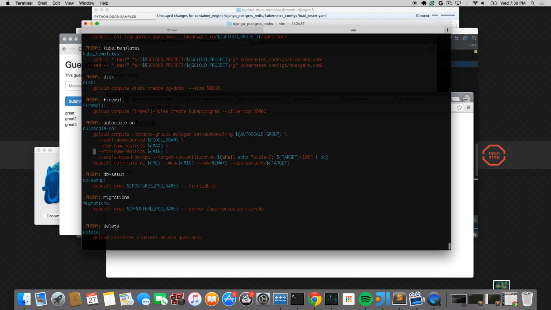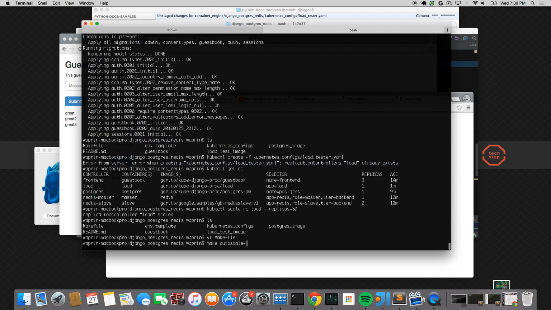So again, this is gcloud. This is the Google Cloud command line tool. This is setting autoscaling for the nodes. And then kubectl autoscale for the pods. Everything in Kubernetes is a REST API, so actually this just creates a horizontal pod autoscaler resource. So do make autoscale on, and